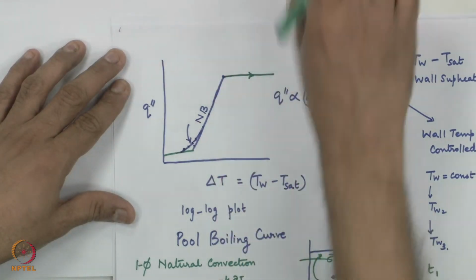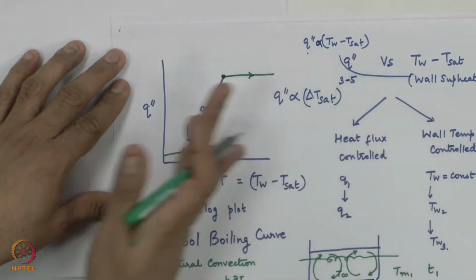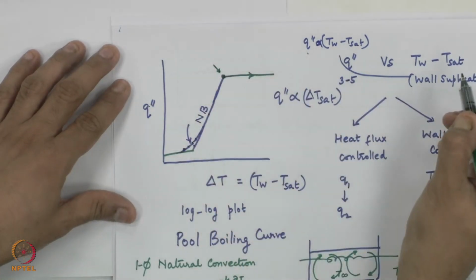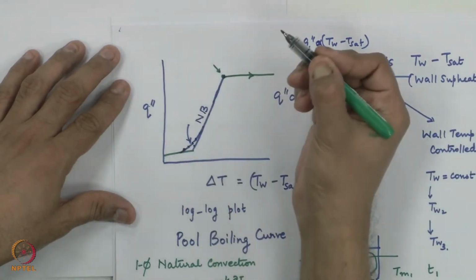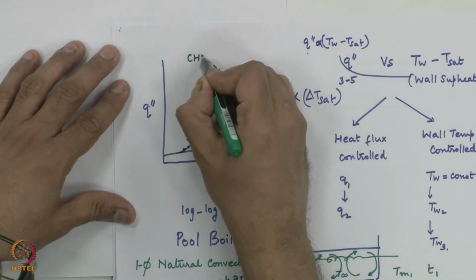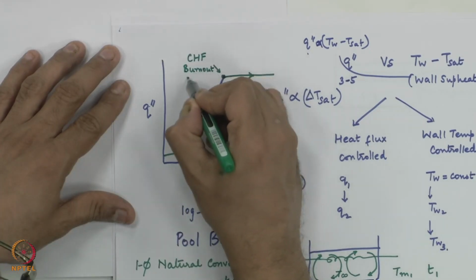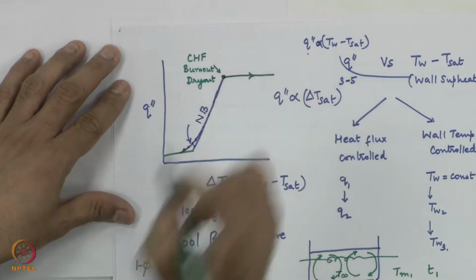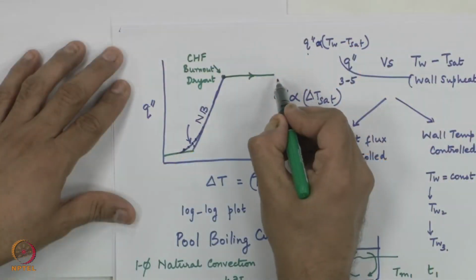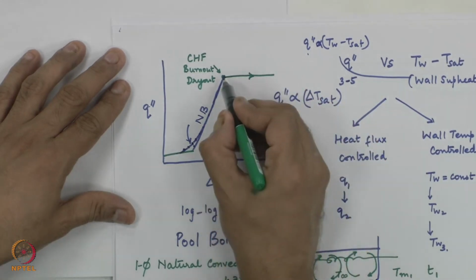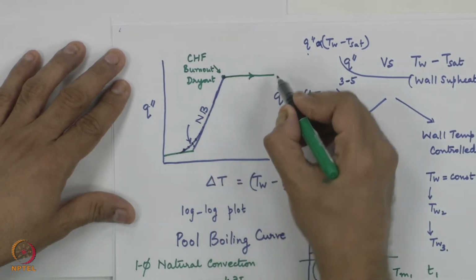And this point where the first time this excursion or rapid increase in the wall temperature happens, that point is given various names. This is called the point of critical heat flux, or I will use what is told typically, this is called the point of burnout or dry out. All these are used interchangeably. I will tell you in the next module what is the correct representation for this point. When the excursion in the wall temperature happens for the first time, this is this change in slope. For a small change in heat flux, you will see a very large change in the wall temperature,